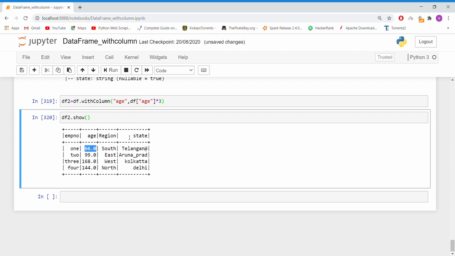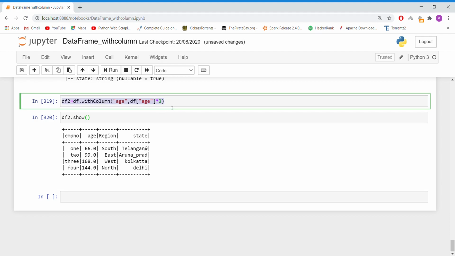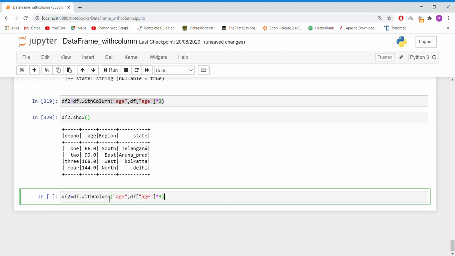We can do it in another way as well. Now what we have done is, we manipulated the same column and stored it in the same column. But if the requirement is that they want a new column only, how to do that is, copy this, paste it here. Instead of age you can pass new age or multiplied age.